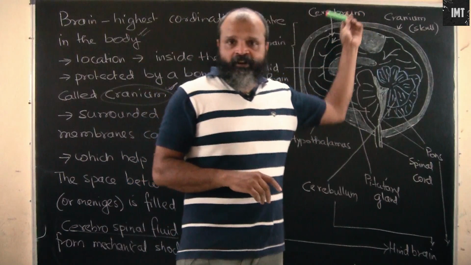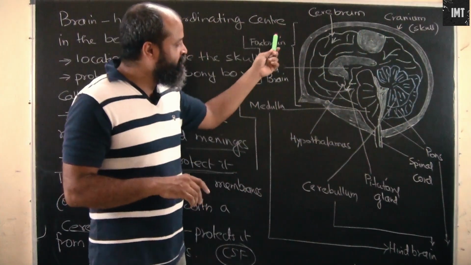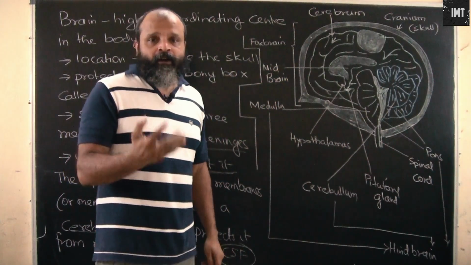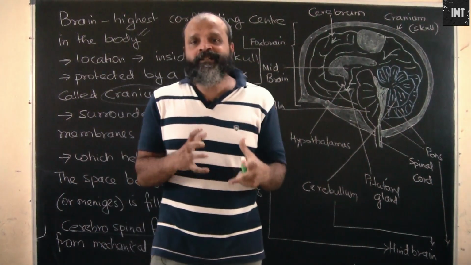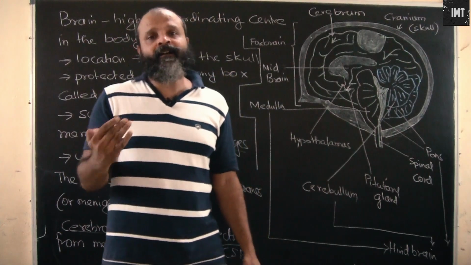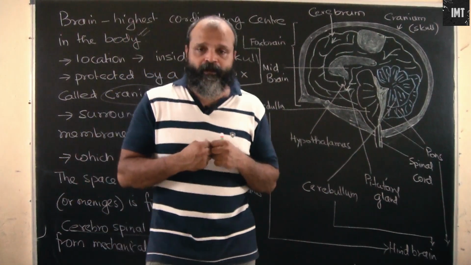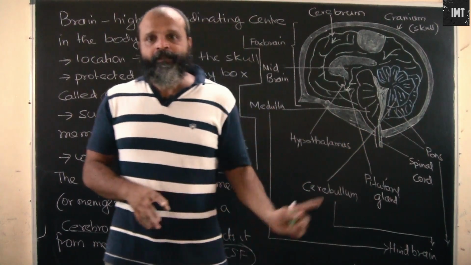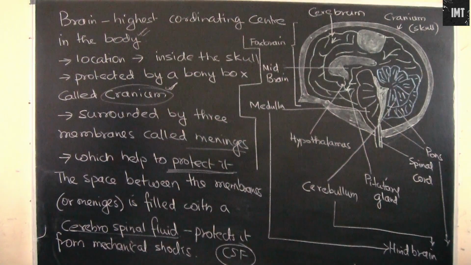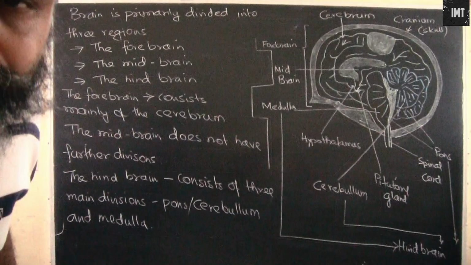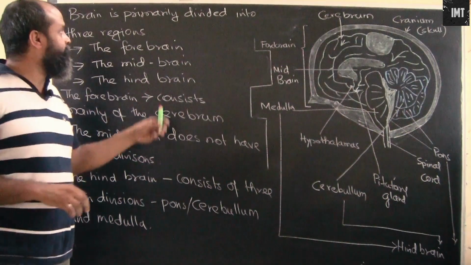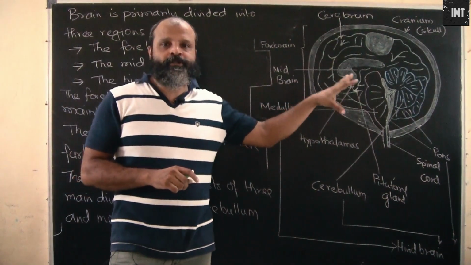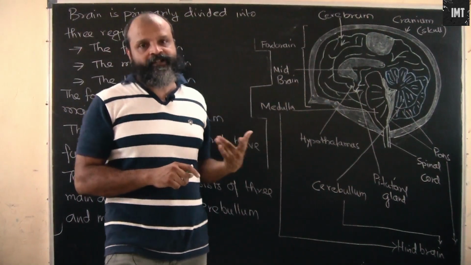So this is the structure of the brain, and we are going to study in detail all the parts that are labeled here. We will also study how the coordination of the brain, which is the main controlling or coordinating organ of our body, effectively controls all the organs of the body. You can take a snapshot of the same. So we have here the brain. Now we'll understand the various portions of the brain along with their functions.